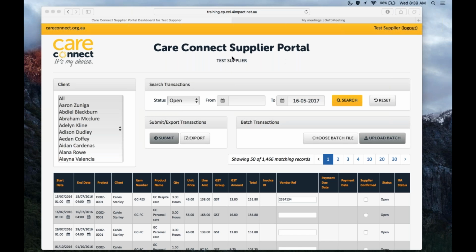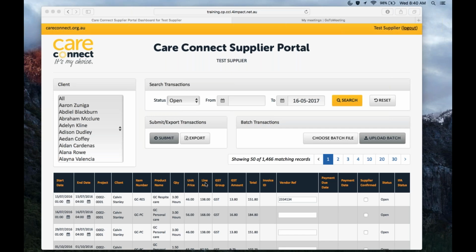You may recall that this page, once you have logged in, is unique to your particular organisation. Key datasets are across the bottom of the page: start date and time, end date and time, our client ID number or purchase order number, client name, item number that we've allocated to the particular service, the product name for the category we've asked you to deliver, the quantity calculated by the calculation of end date minus start date, or the quantity of a particular product or one requirement that's delivered, the unit price that you have advised us,